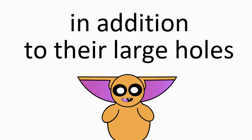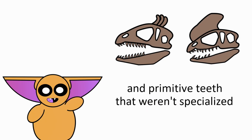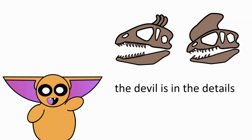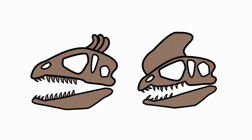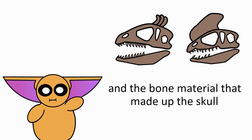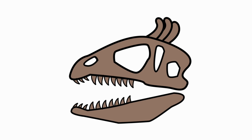In addition to their large holes, their skulls also featured long slender snouts and primitive teeth that weren't specialized for shredding or crunching through tough bone. But as always, the devil is in the details. The openings in the skull of Cryolophosaurus were smaller than the ones on Dilophosaurus, and the bone material that made up the skull was also thicker, which means that despite being similar in appearance, the skull of Cryolophosaurus was stronger